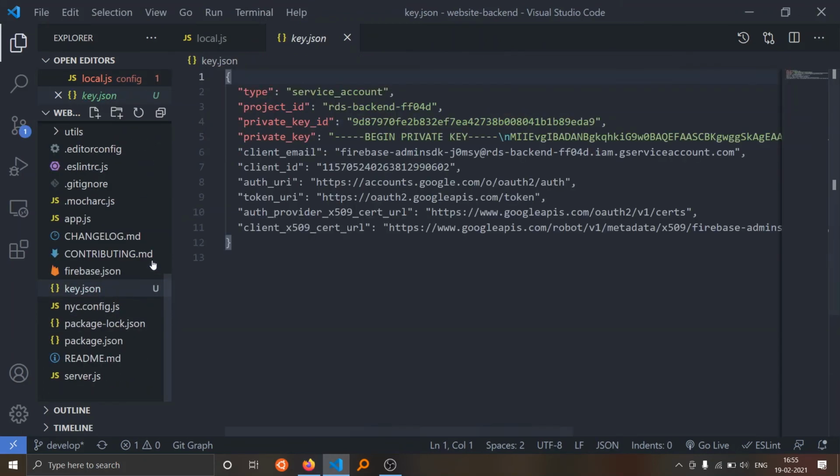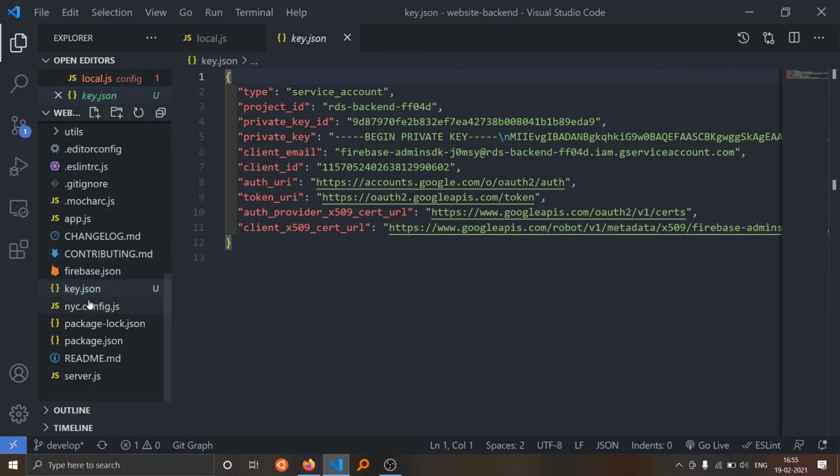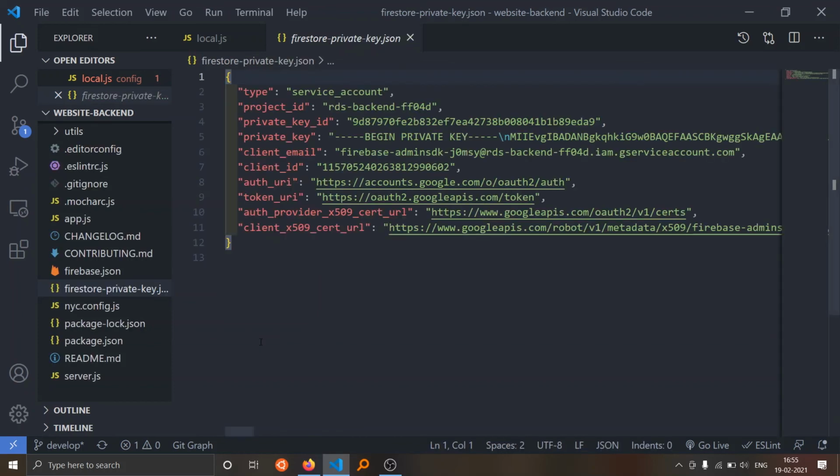Yeah, we can see key.json here, but its name should be firestore-private-key.json. I'll copy it from here and rename it. Okay, so now we have Firestore connected.